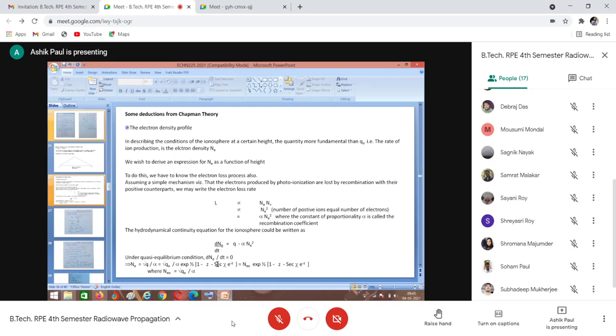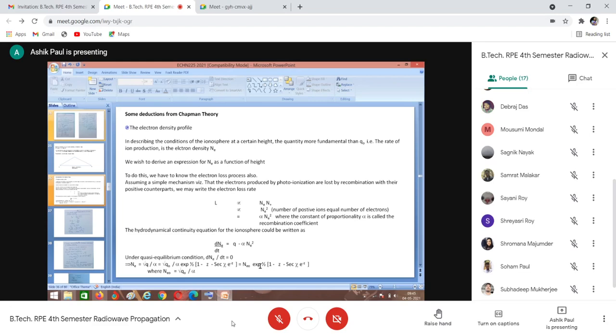And in arriving at this kind of relation, it is a little bit more involved exponential relation, not a simple e to the power something, e to the power minus something, but a little bit more involved. And in arriving at this relation, we had made some